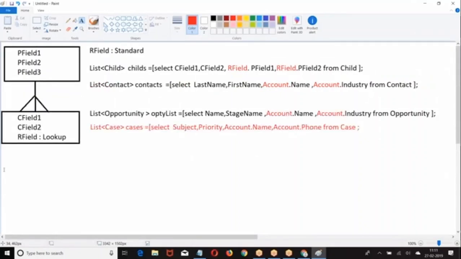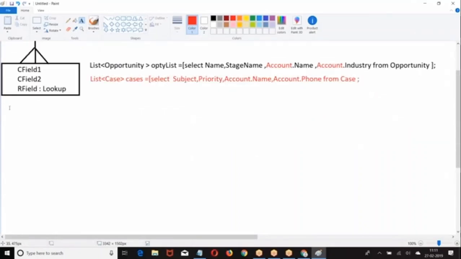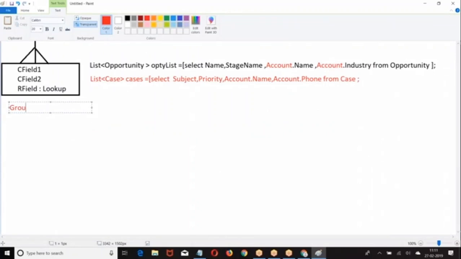Then let us go to the next one. Get group. Okay, we can give. People are done with this. We can go to the next one. Opportunity line item with opportunity. Write a SOQL query to fetch the opportunity line item with corresponding opportunity data.